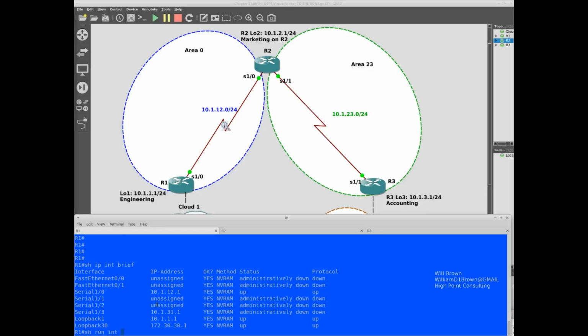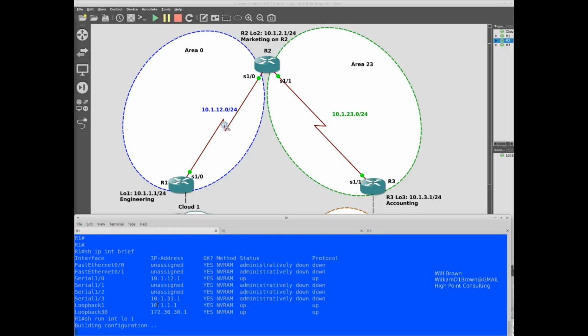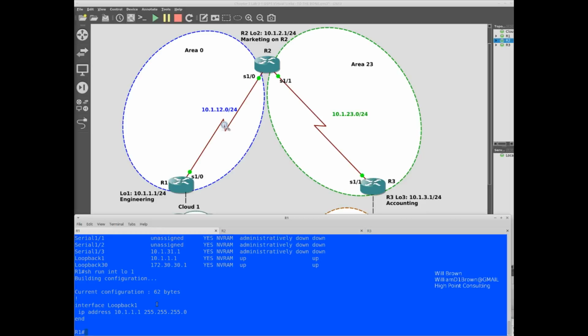Show run interface loopback 1. Okay. The reason I'm showing you this is that by default we're going to see something interesting happen with these loopback interfaces, how they are reported in the routing table in terms of the subnet mask, and there's some configuration we can implement to change it to have those loopbacks reflect the network the way we actually want it to be reflected.